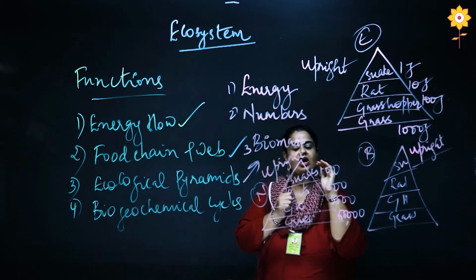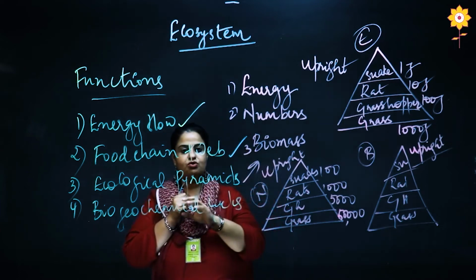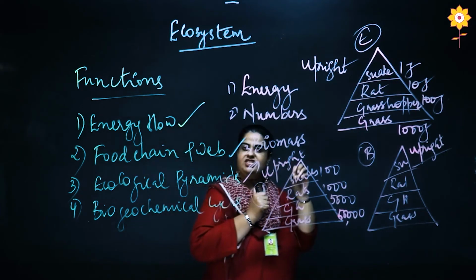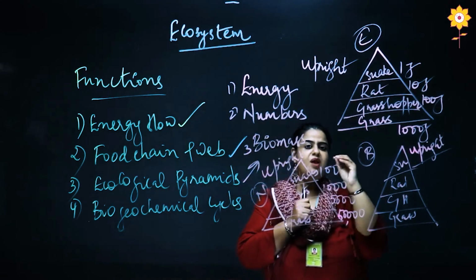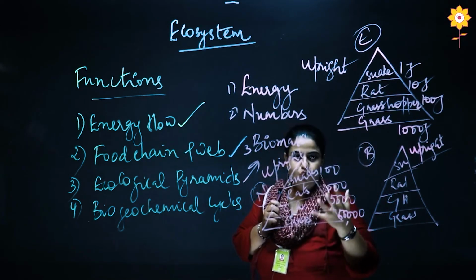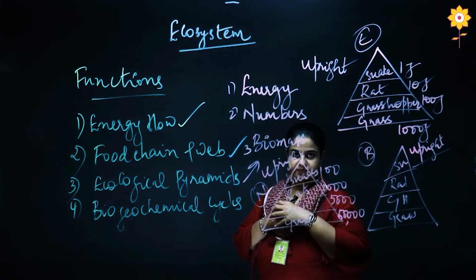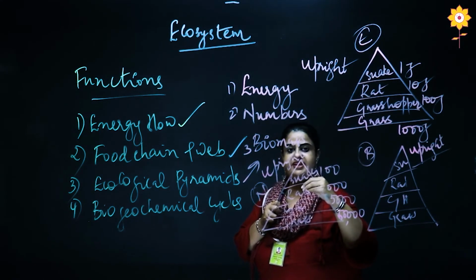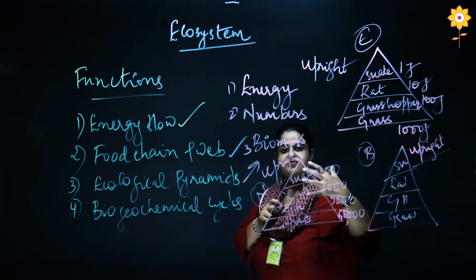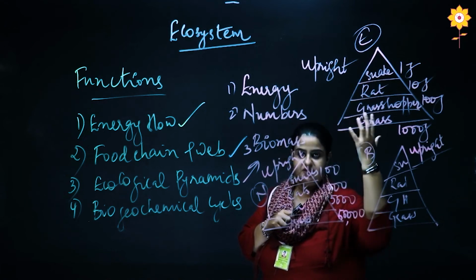Now when we talk about aquatic system, we know that there are water plants which are usually very small in nature, called phytoplanktons. Their biomass is comparatively lesser than some of the zooplanktons or small animals which feed on these plants. Now these zooplanktons will be eaten by small fishes, eaten by bigger fishes, eaten by birds.